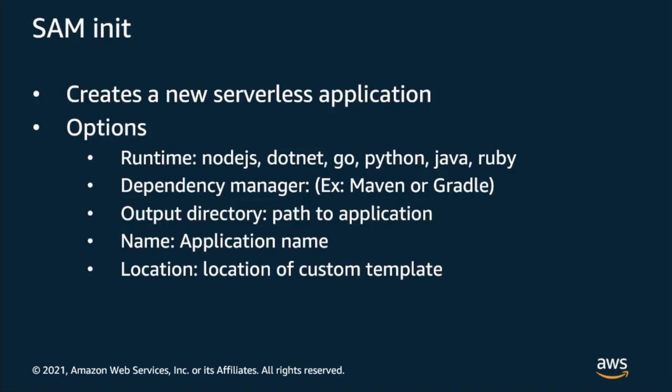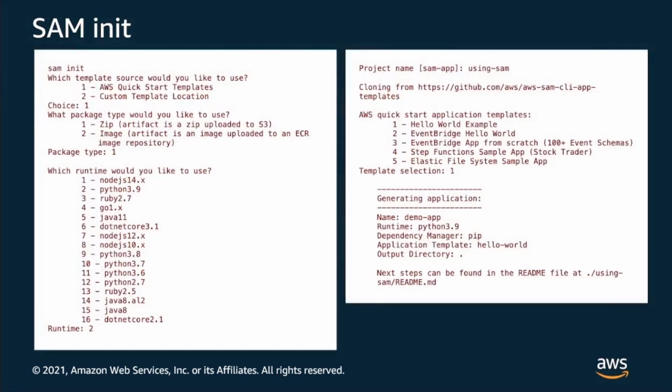And let me talk through this in a SAM init, and that'll make more sense on the location in just a moment. So when I do a SAM init, the first thing it's going to ask me is, which template source would you like to use? Would you like an AWS Quick Start template, which we have a bunch of managed ones, or do you have one you'd like to use? If I hit a 1,